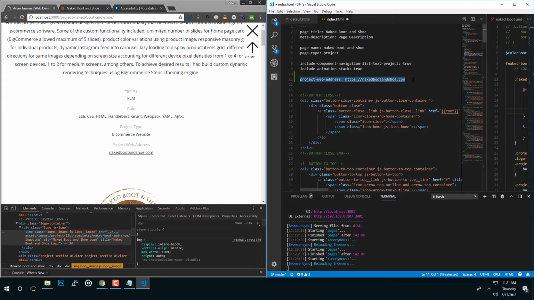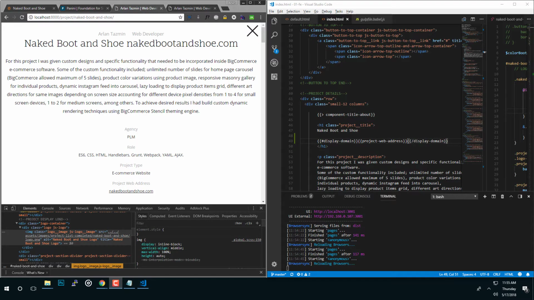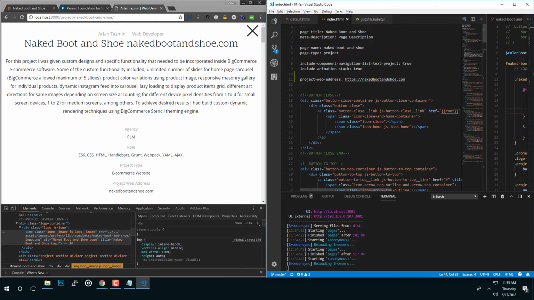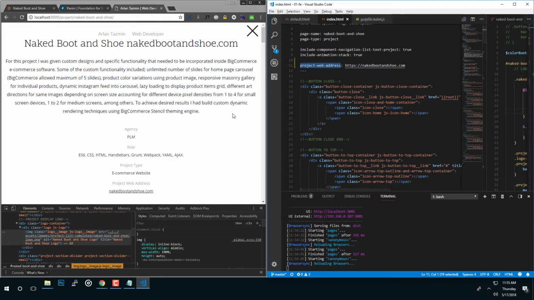Okay, I have paused for a little bit, so I decided to create a handlebars helper, so I can reuse a project web address,